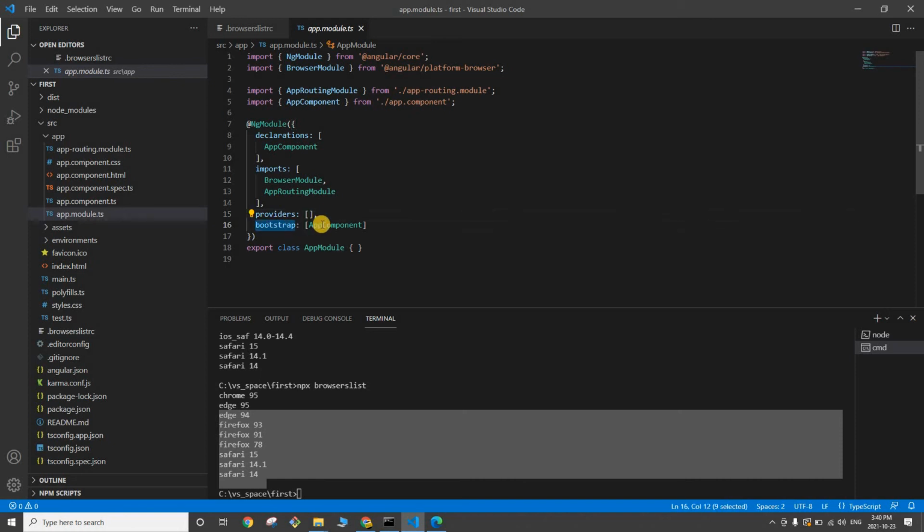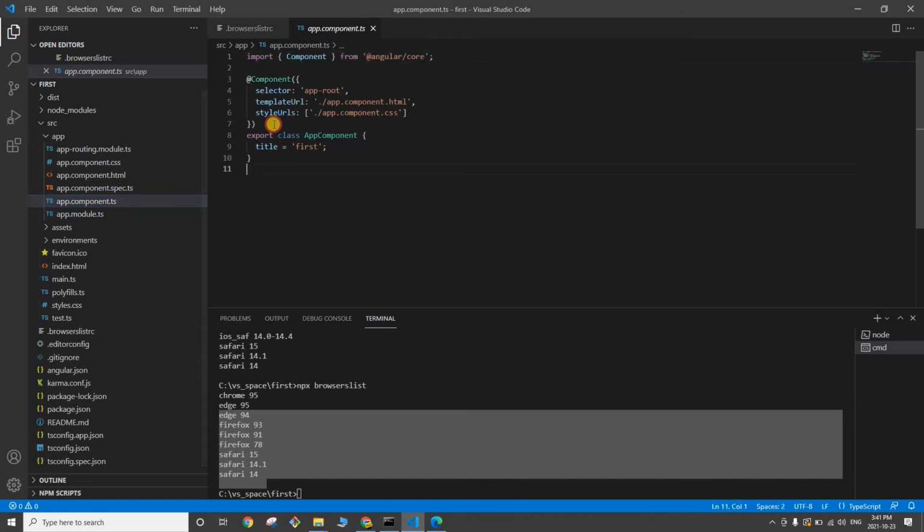And if you see your bootstrap, it says that app component is the bootstrap. For example, app component is going to be your very first screen. Every module in your application will have components. It can have one component, it can have multiple components. So app component is again your root component, and every component will have 4 files. Every component will have its own CSS file, its own HTML file, its own spec.ts test file, and app component will have its own app.component.ts TypeScript file where you will write code.